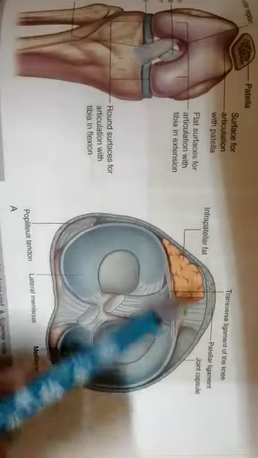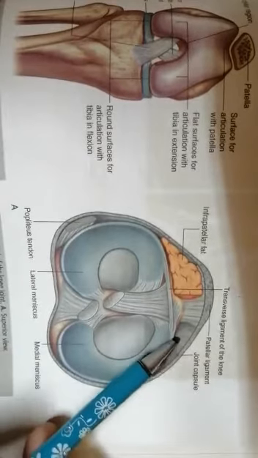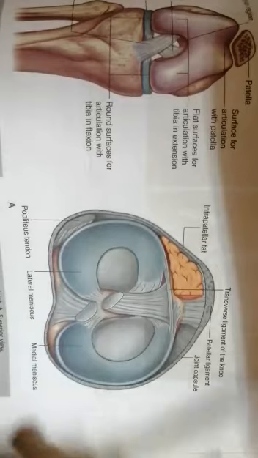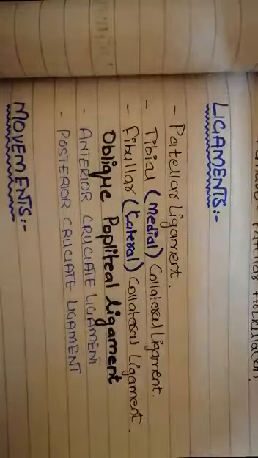The whole cavity is covered with the synovial membrane present inside the joint capsule, and then the hard, thick joint capsule covers the whole knee joint. Now coming to the ligaments, there is a vast variety of ligaments that connect the knee joint, and their function is to make the knee joint flexible to perform walking.